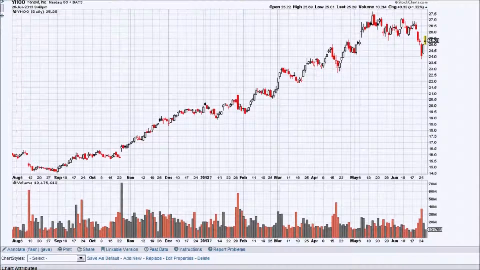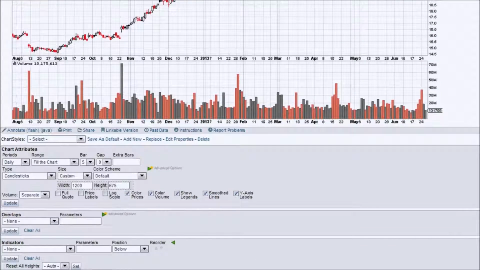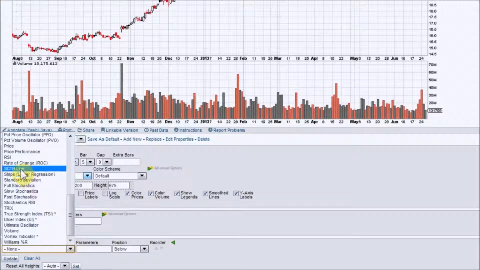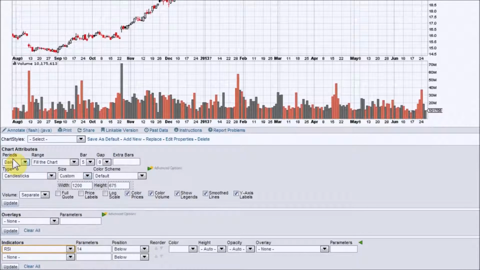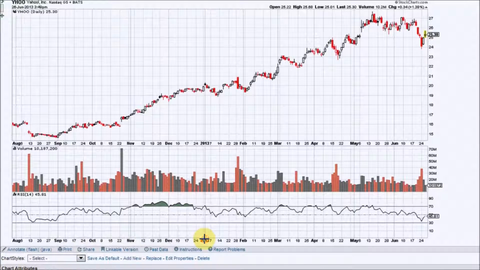The RSI, or Relative Strength Index, is an extremely popular momentum oscillator, and it measures the speed and change of price movements. Let's go ahead and load one onto this chart here. Down below overlays, you will see indicators. You'll have to scroll down to the bottom of the list, and there is the RSI. The standard setting is 14, and for the purposes of this lesson, we will go ahead and use that setting, though this is one of the indicators that you can change the setting on, faster or slower, to suit your